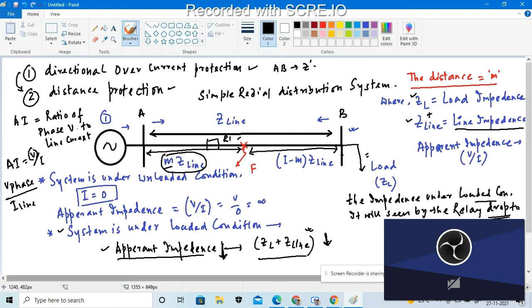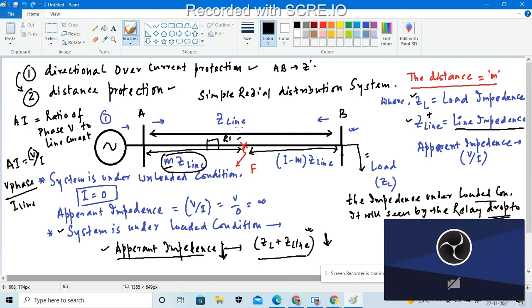So, for any such fault that appears in the transmission line, the distance relay will compare the ratio with the positive sequence impedance of the transmission line. If I consider the total impedance of this section, we take it as Z dash, or we should consider Z line. So the ratio is Z dash divided by Z1.